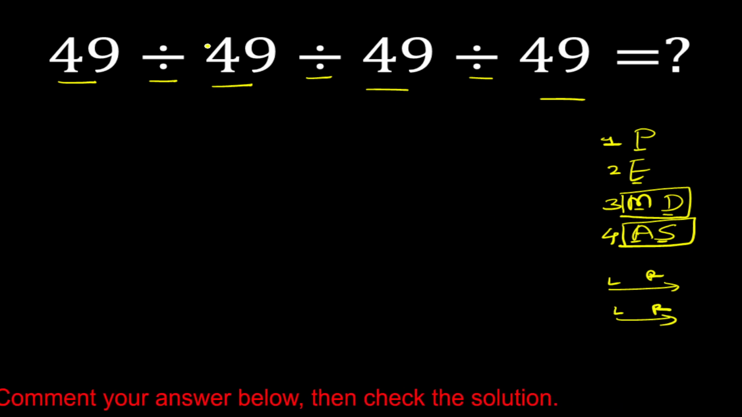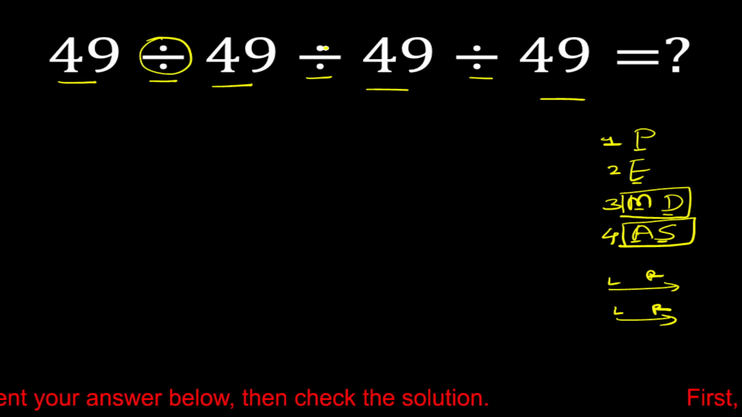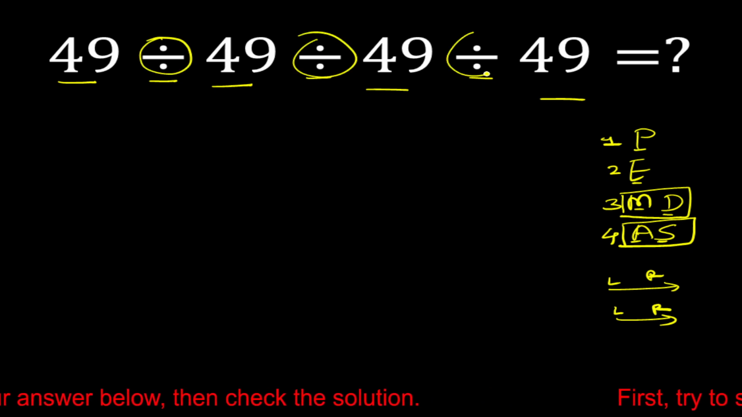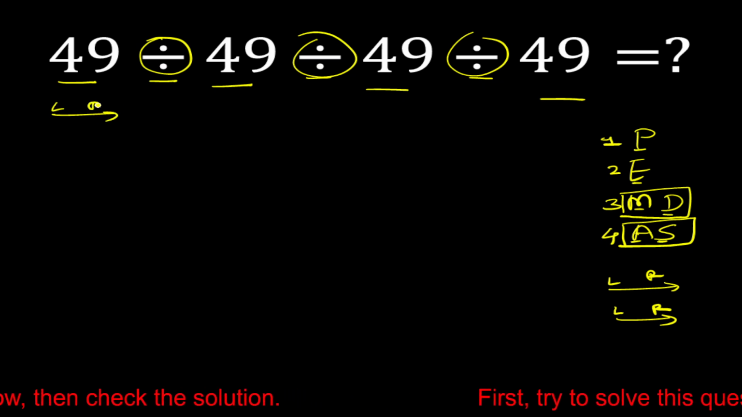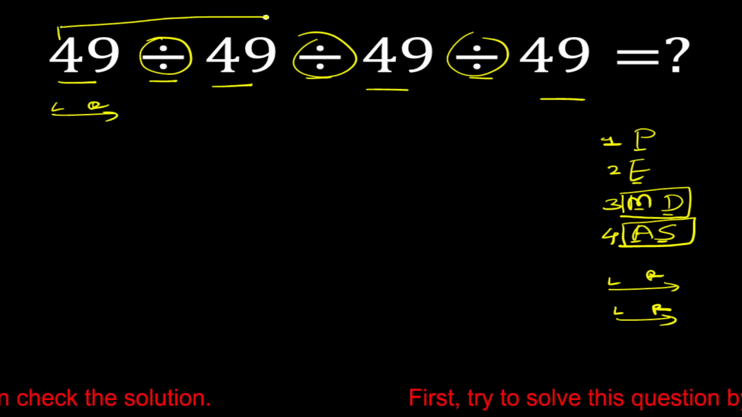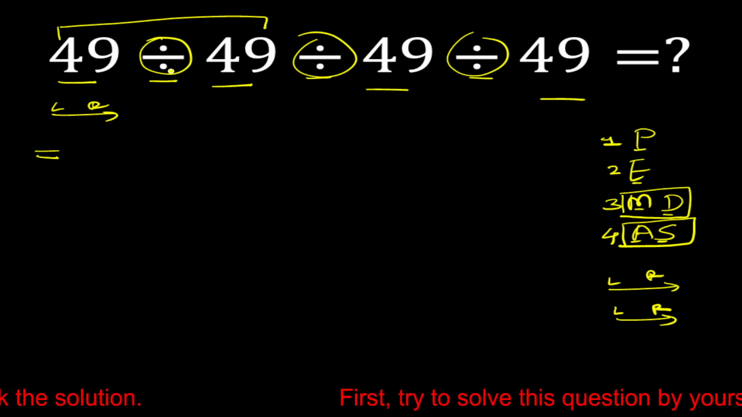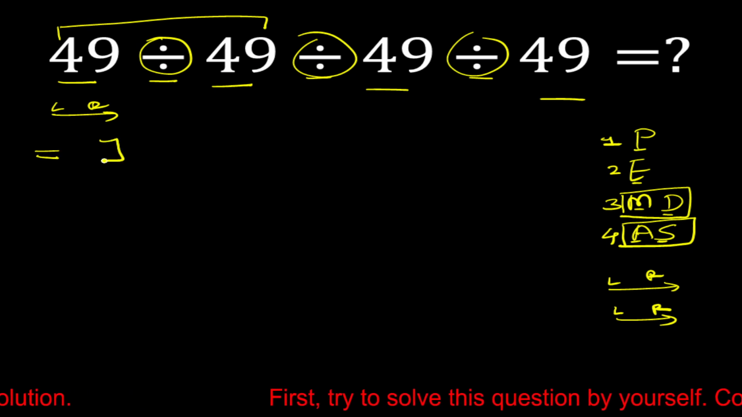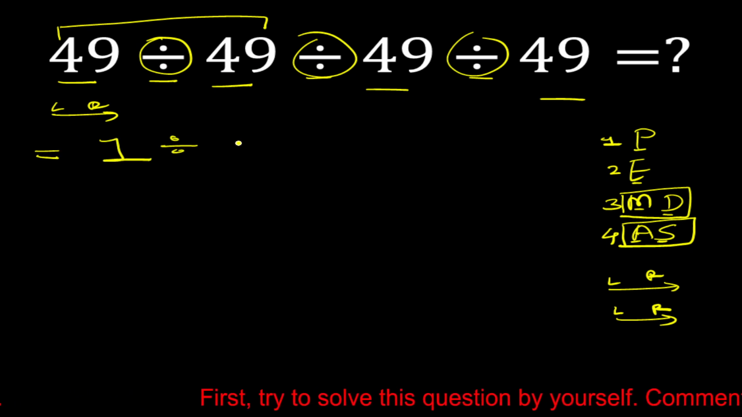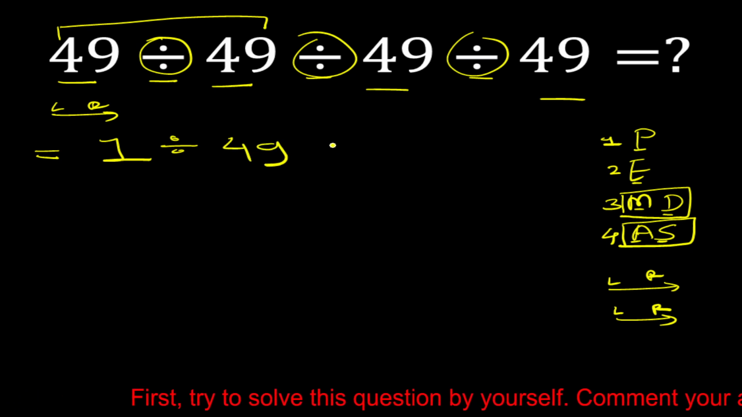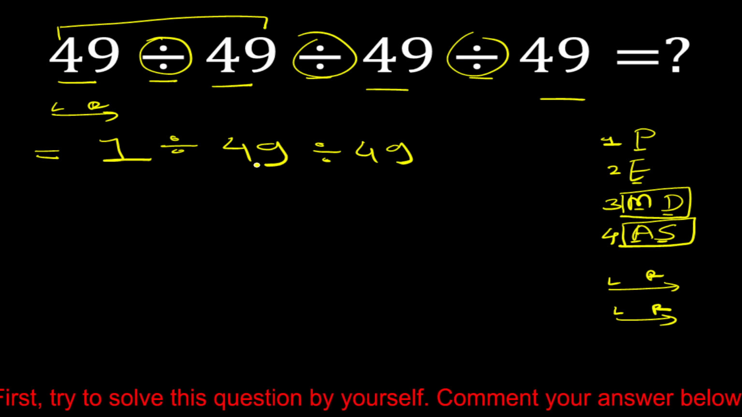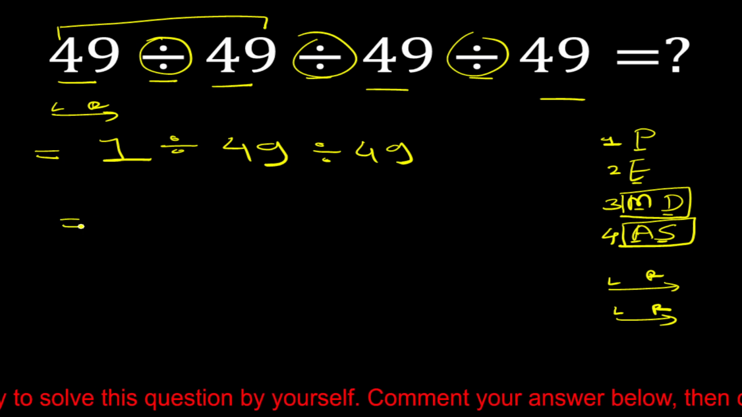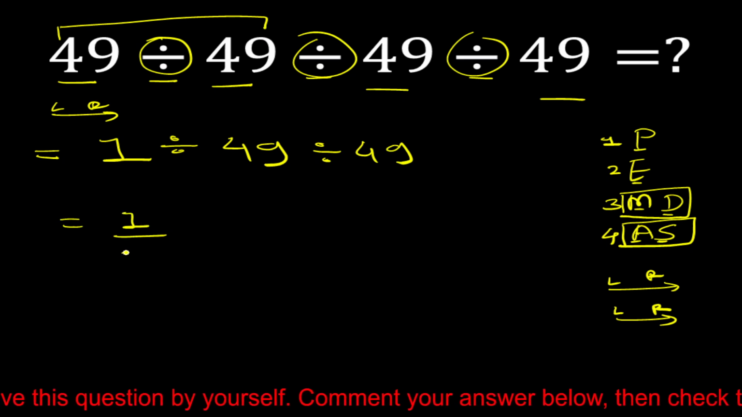Okay. So here is division, and also here is division. All have equal priority, so we have to solve it from left to right. Okay, so first we have to solve this division. So 49 divided by 49 is equal to 1. Then ÷ 49 ÷ 49. Okay, now 1 divided by 49 can be written as 1 upon 49